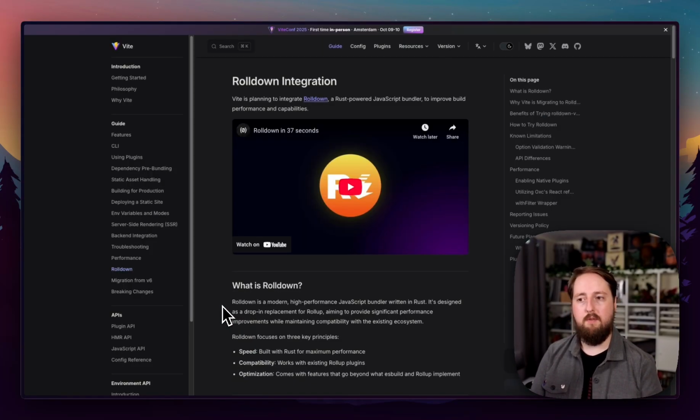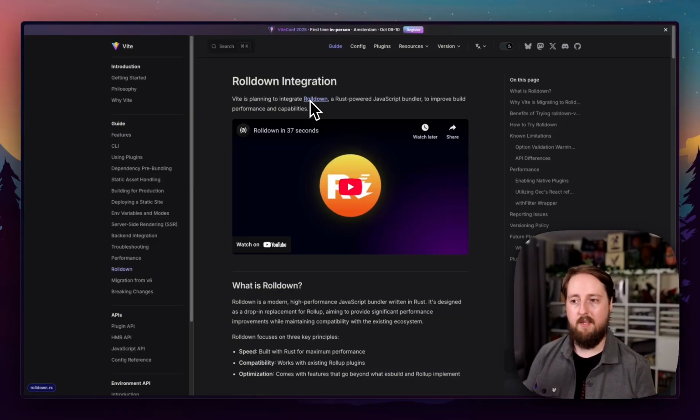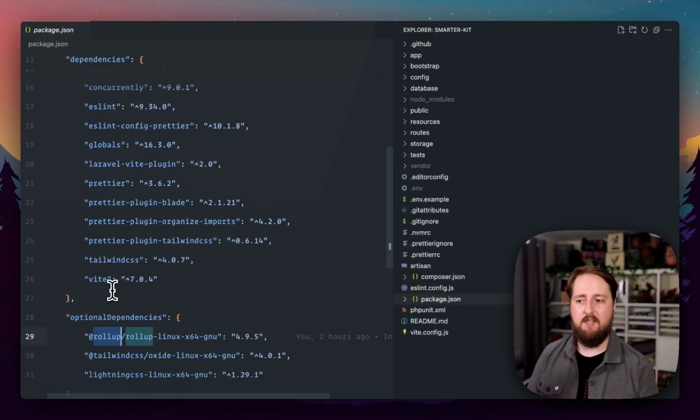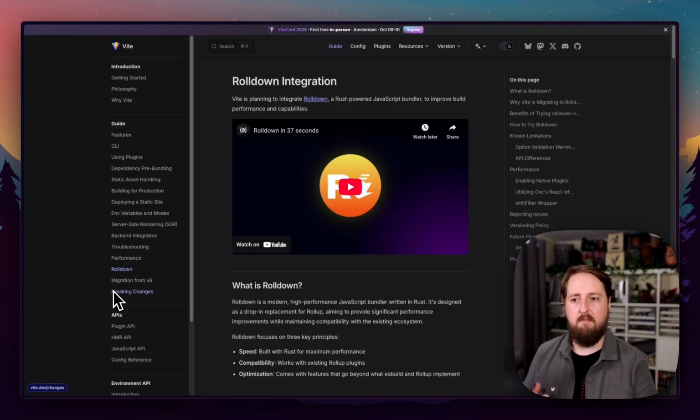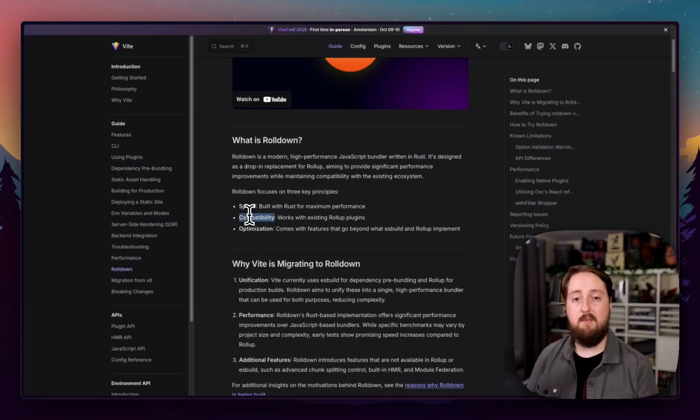But what we can do is use this little tool called Rolldown. And Vite is actually planning to integrate Rolldown directly into itself later down the line. But right now, this is a step we have to do manually. Essentially, Rolldown is something like Rollup, and Rollup is a tool that gets used to bundle JavaScript assets and things together. But Rolldown, as we can see here, is a modern high-performance bundler written in Rust, so it's quick. And it's focused on speed, compatibility with existing Rollup plugins, which Vite already uses, and also other optimization steps that